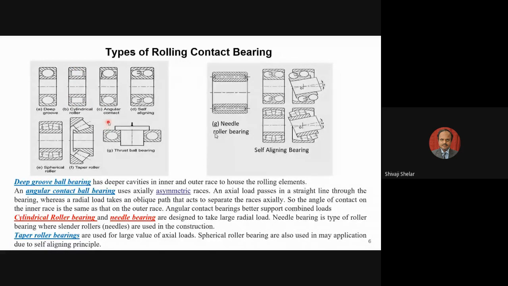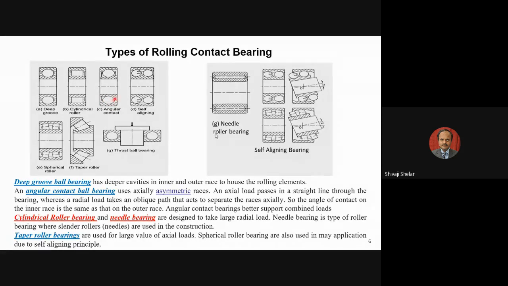Then there is a concept called angular contact bearing. You will have your rollers here, spherical roller ball. Now you will have the inner race and outer race. Instead of making a groove, on one side the thickness of the inner race will be less, and on the other side the thickness of the inner race will be more. And a curved surface is created to create a seat for the ball here. Exactly opposite, the outer race will have lesser thickness here and more thickness here, and this material will be cut and an angular surface will be created here.